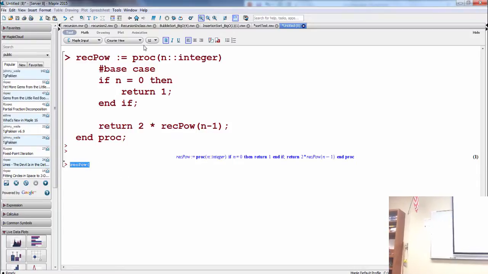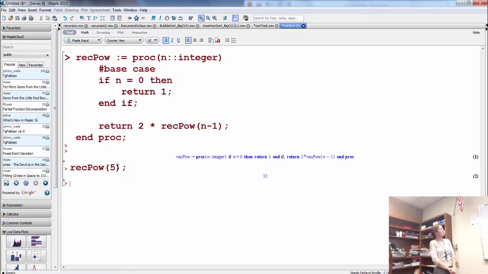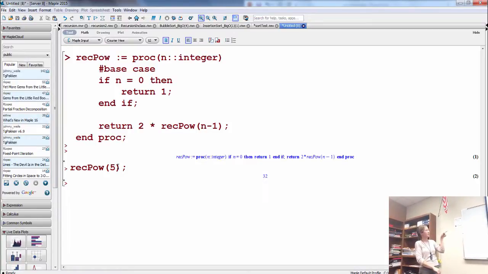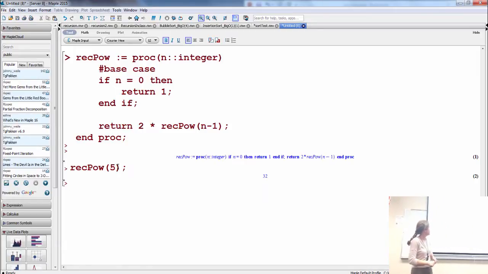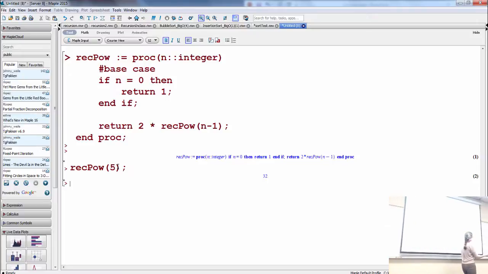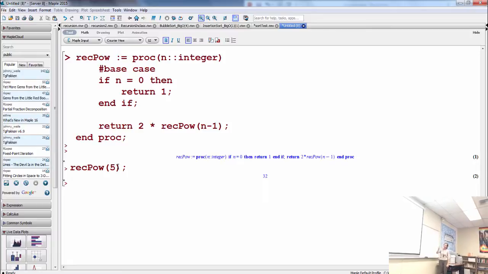I need to change the defaults on these computers to be a larger text. And so then you would, so it's 2 times, and if we wrote out all of ours, it would be 2 times the recursive call, which will be 2 times the recursive call, 2 times.